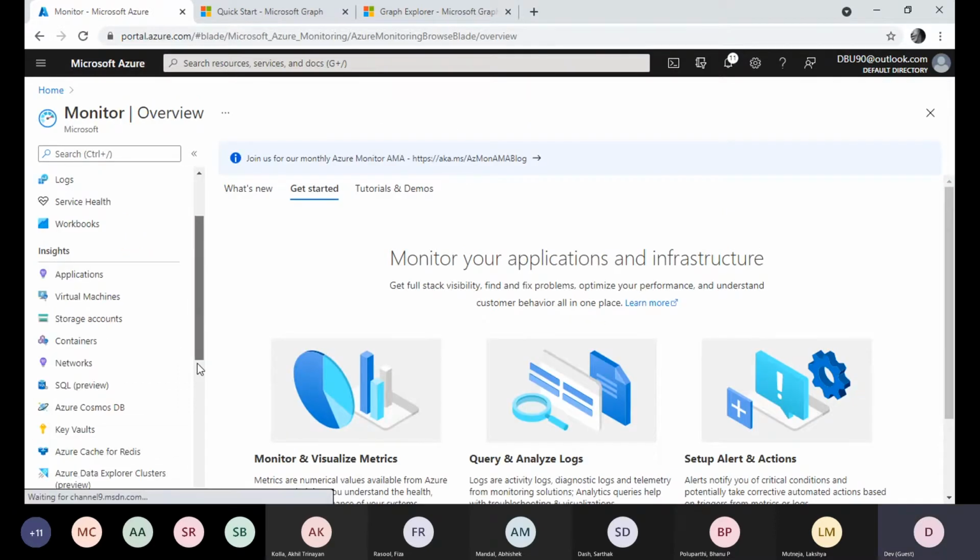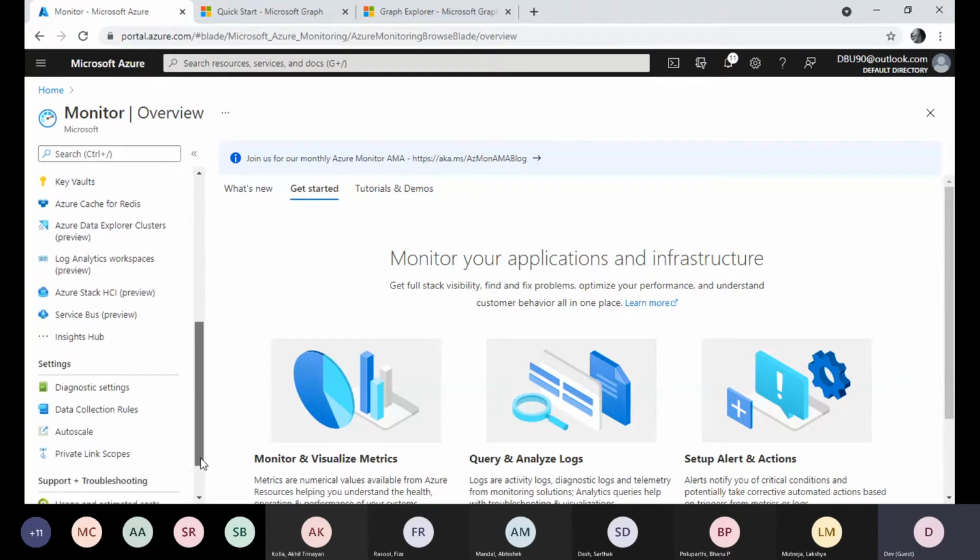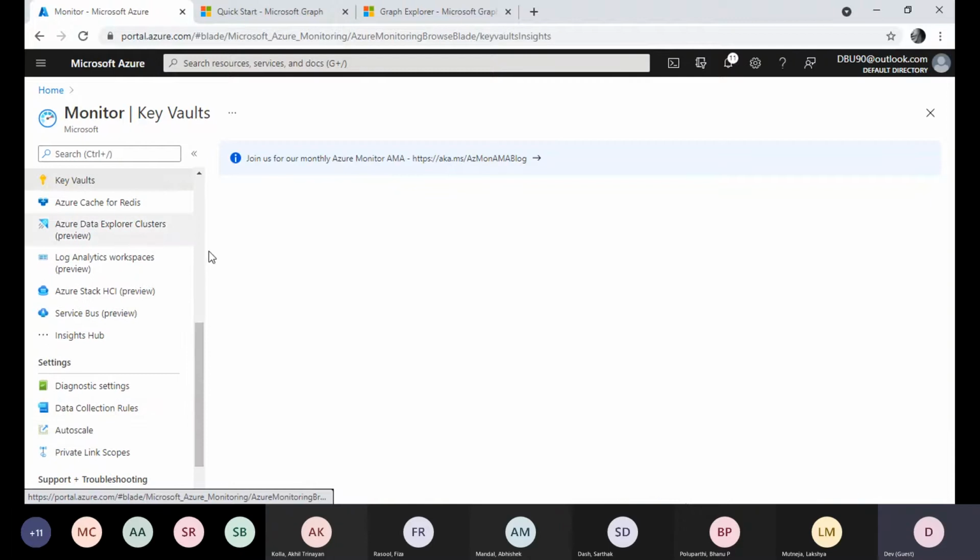So you can apply this monitoring for all of them, all the options that we have. So we created this key vault.